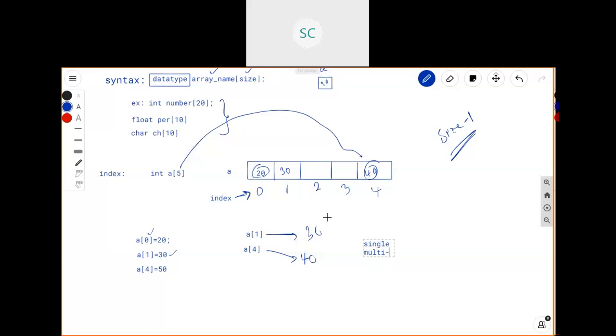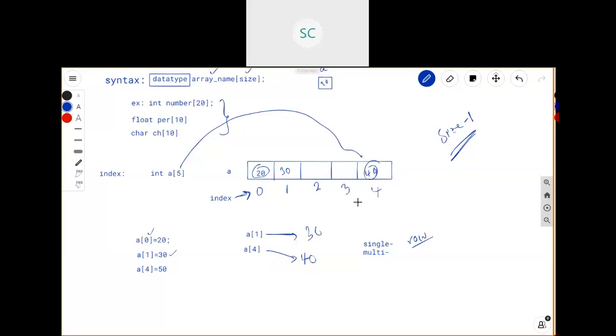Multi-dimensional arrays we will see later, but in a single dimensional array, all the data elements are stored in the form of one row. If you see here, this is one row.